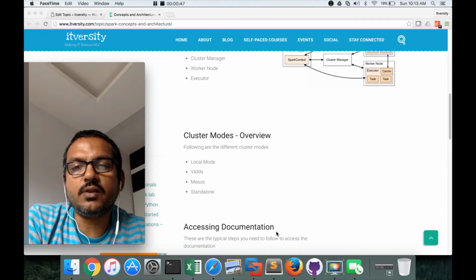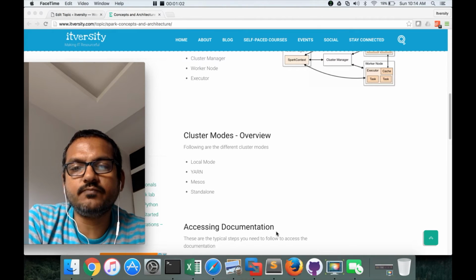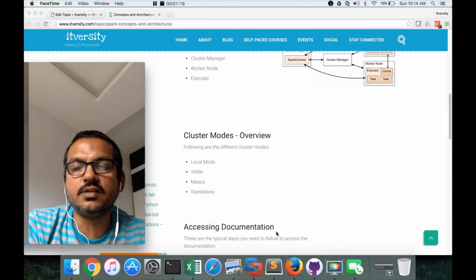But when you actually deploy it on production, typically you will set up in one of the cluster modes, and the most prominent cluster modes are Yarn and Mesos. Mesos is native to Spark. Spark and Mesos work very well. Yarn will be a little bit slower, but the advantage with Yarn is you can also have multiple other things as part of the cluster. And Yarn can actually monitor both Spark and other services such as MapReduce while allocating the resources.